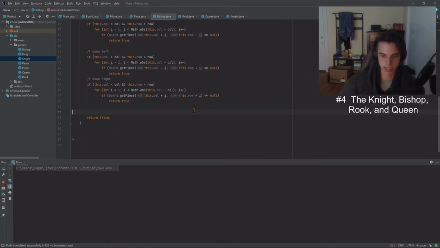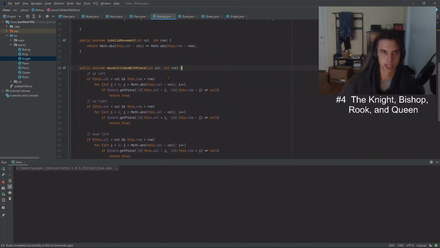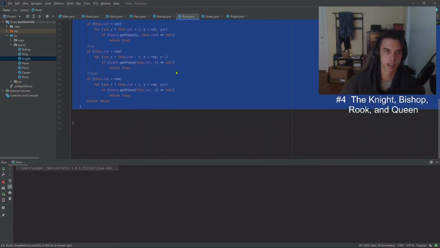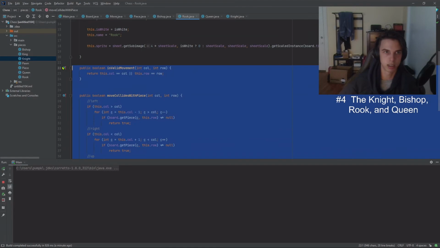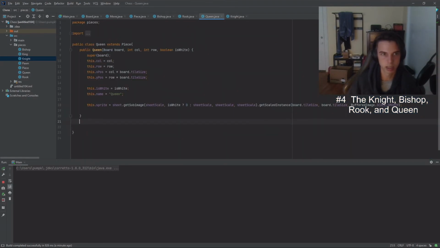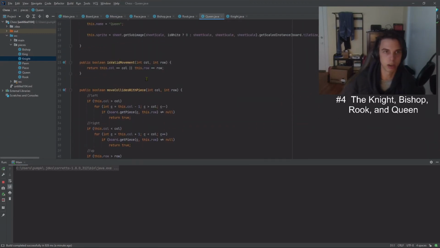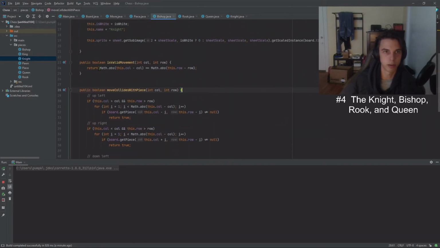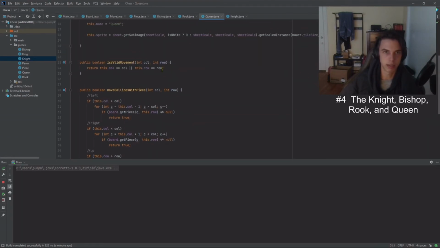Now, next up is the queen, which is very similar to the rook and the bishop. In fact, it is both combined. So we can actually copy both of this into the queen and go, if valid movement, oh, this is for the rook, okay, then we can just combine the two. So if it can move like a rook, or if it moves like a bishop,